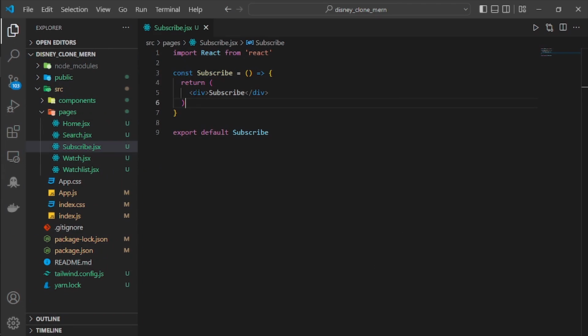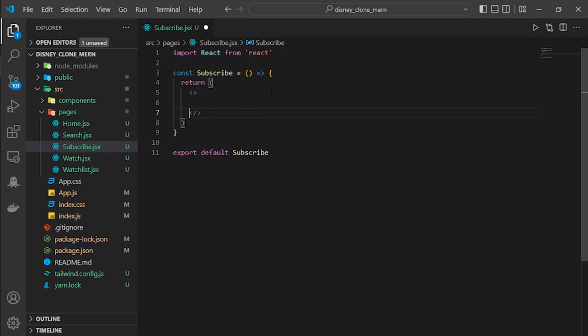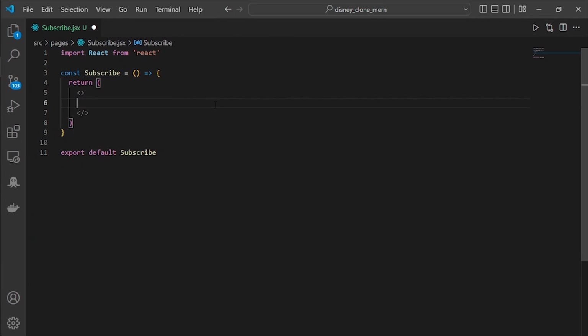And here I'm going to replace this div with a React fragment as usual. Control B to hide the sidebar. Now inside of here, I'm going to make a new div with a class name equal to